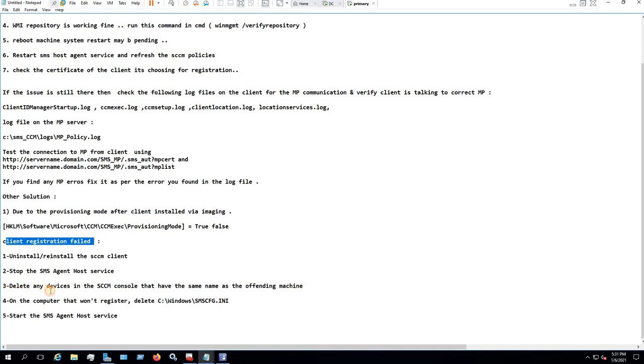So you have to delete any device in the SCCM console that has the same name as the offending machine, and delete the file from C:\Windows\SMSCFG.ini, uninstall and reinstall the client, restart the SMS Agent Host service, and you are good to go.